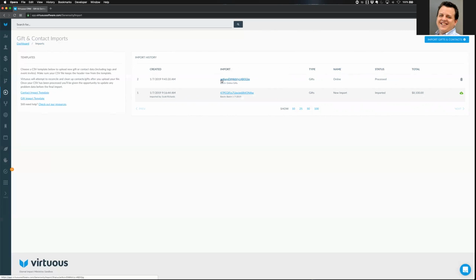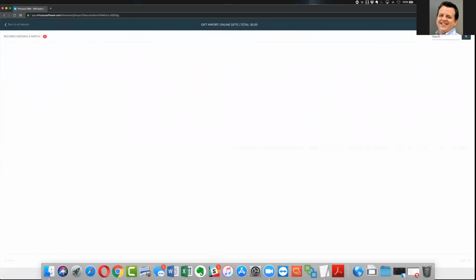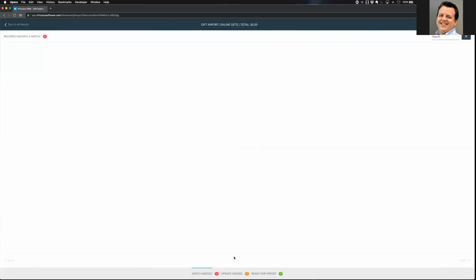And then you would just click on this big crazy link right here, and that'll take you into the import, and you'll see gifts sorted into those 3 categories there. Right, the match needed, update needed, ready for import, and then you can work your way through. You'd start at match needed, because that would be, hey, looks like new contacts. Either they don't exist at all, or the system didn't have enough data to get an exact match. So it might say, hey, here's some possibilities, but we're not sure. Match those, address anything that needs to be updated, and once everything's in ready for import, you would import those